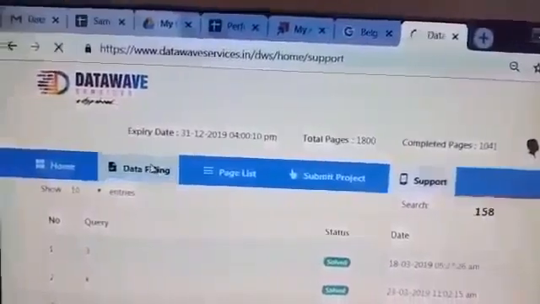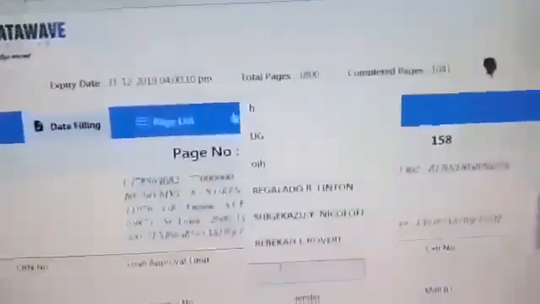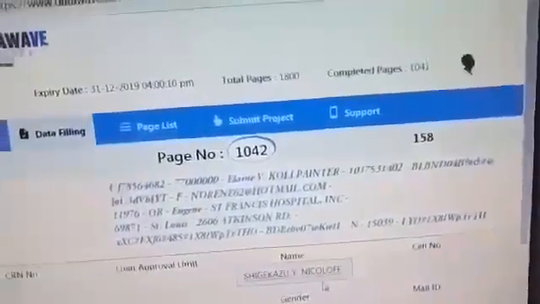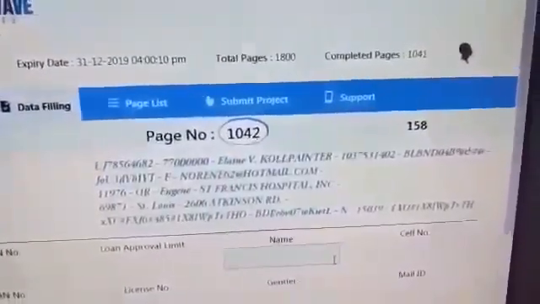And one thing more, in data filling ma'am, when you fill the form, sometimes history will come up like that. I have clicked here and the history is coming. If I click like this, then it will be counted as a copy paste. So don't click like this. Please do the manual typing work. And if you have any confusion or queries, please let me know. Okay.